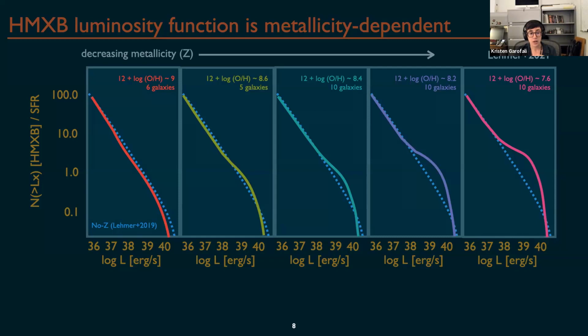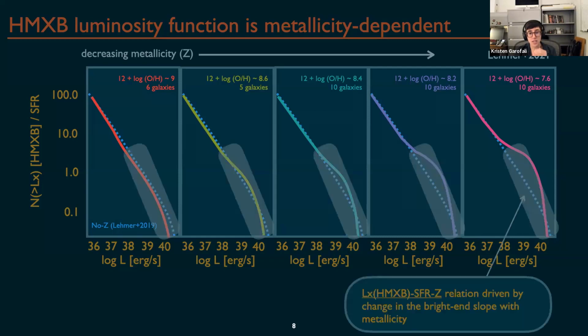And so what this showed for the first time is that this relationship between the high mass X-ray binary luminosity, star formation rate, and metallicity is driven primarily by a change in the bright end slope as a function of metallicity. That is, the number of your most luminous sources that you get as a function of metallicity. And this was seen in population integrated studies prior to this work,